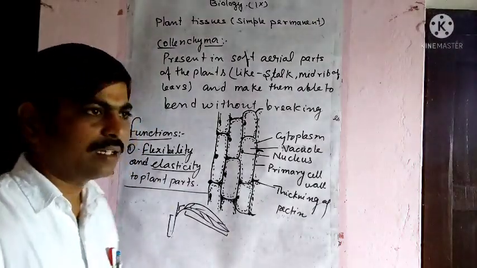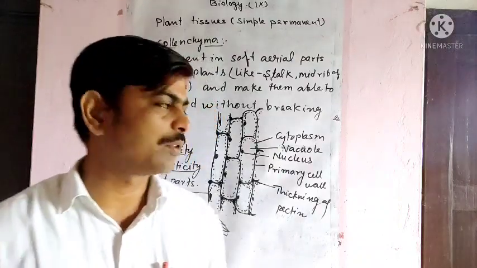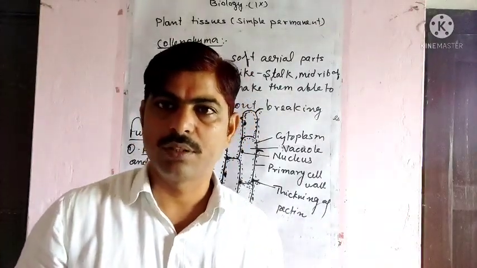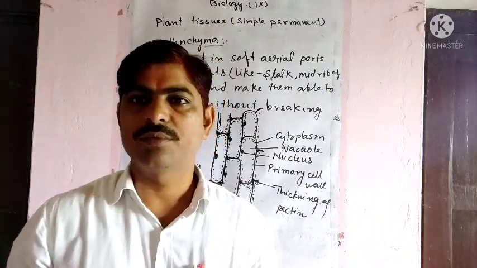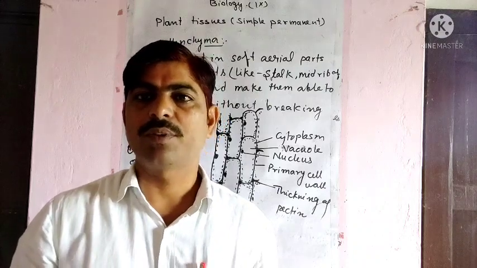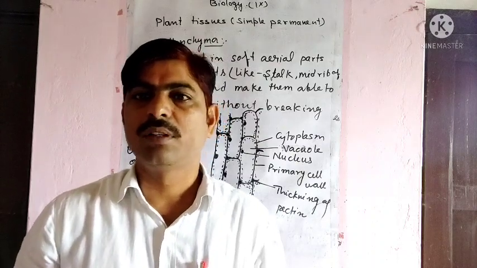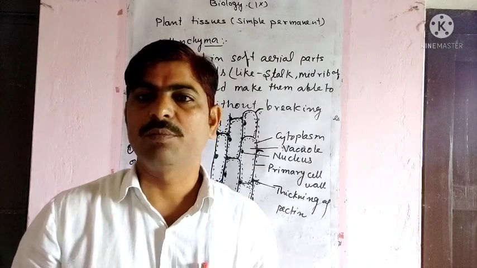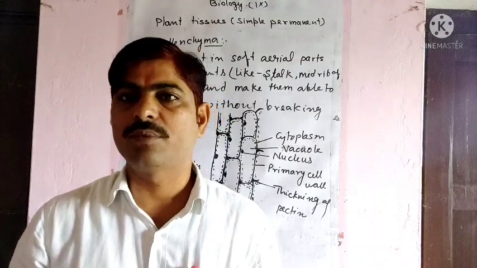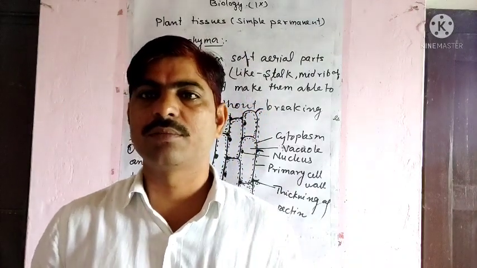So these are the locations of the collenchymatous tissue. They are mainly supportive in function. Remember that they arise from meristematic cells after differentiation. They are a group of living cells. They have a thin cell wall but possess thickening of pectic materials at the corners. They are present in the soft aerial parts of the plant where they make the plant able to bend without breaking. They can be present at the leaf stalk, midrib of the leaf, margin of the leaves, in stems, stalk of the fruits, etc. So this is all about the collenchymatous cell.